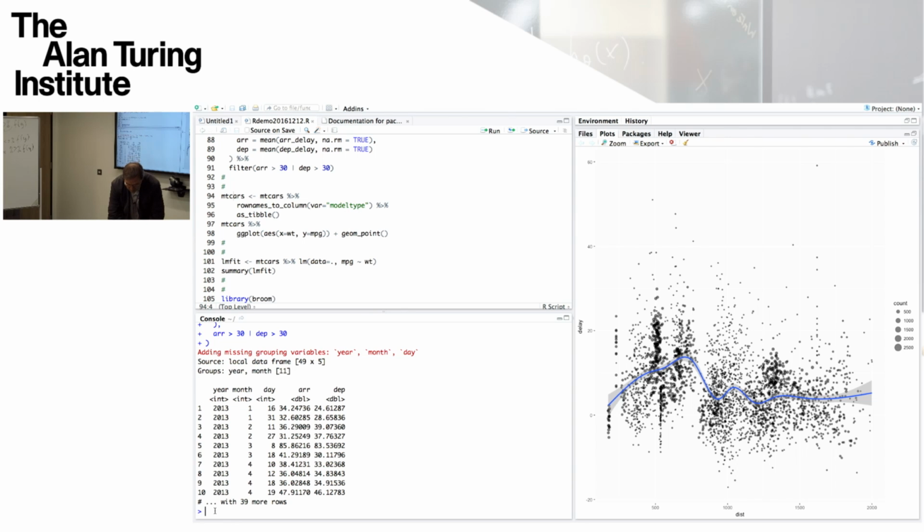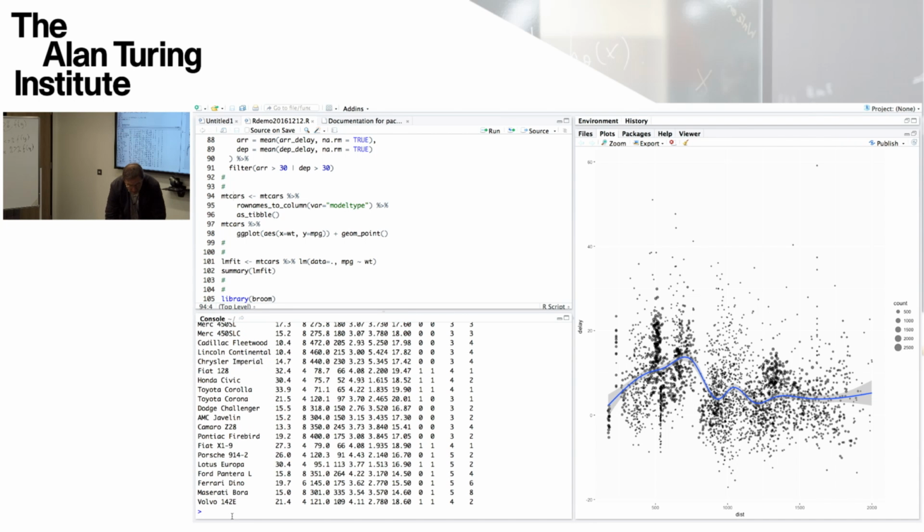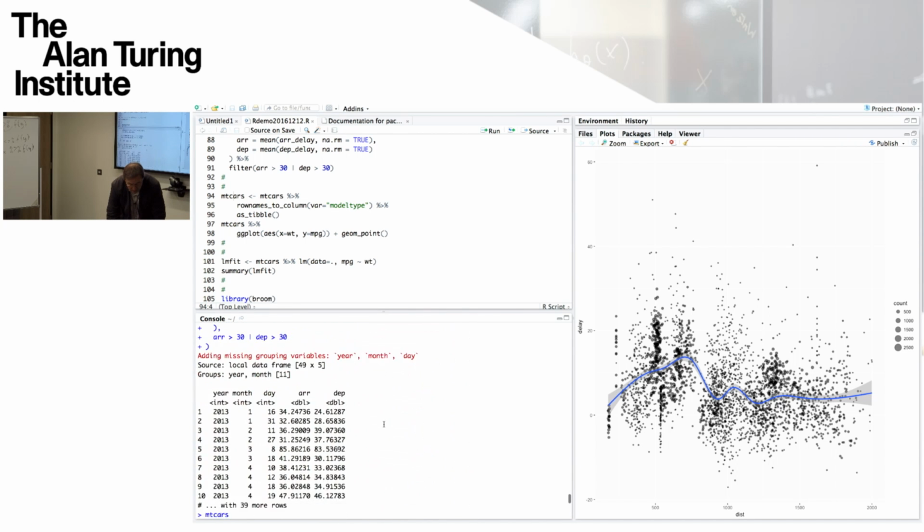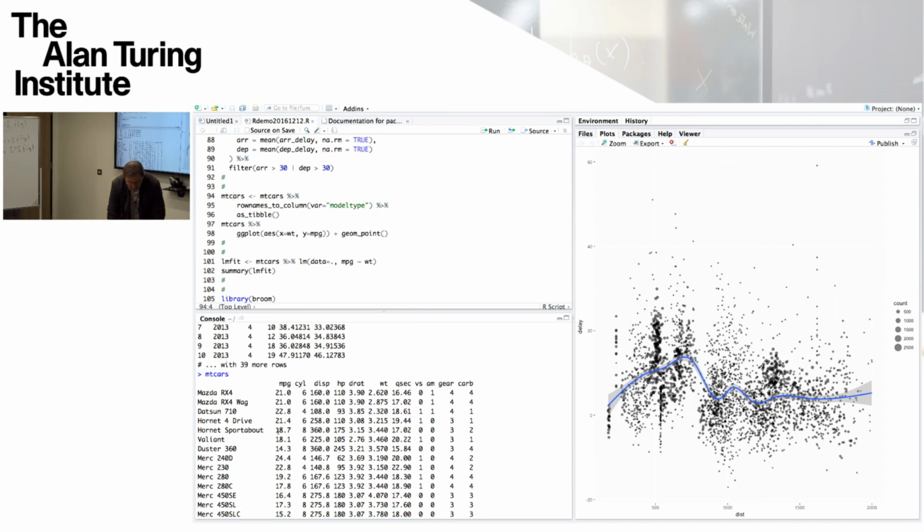dplyr package is one called mtcars, which is shown here, which is a data frame which is not in tidy format, by the way. You can see it's got row labels for the variable which is car type, and it's got other variables in the columns here to do with miles per gallon, number of cylinders, the displacement, which is basically the engine size, and then the various other things like the weight and the number of gears and the carburetor and so forth, numbers of carburetors. MT, I think, is Motor Trend, which is a magazine on cars.